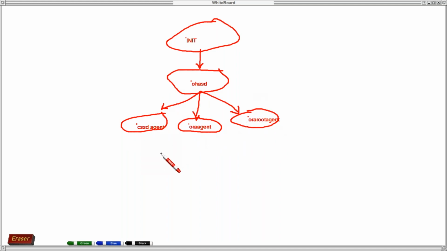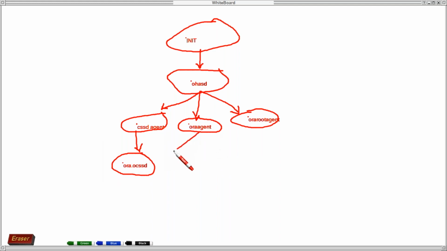Okay. So now this CSSD agent spawns one process called ocssd. Okay, ocssd. Fine.